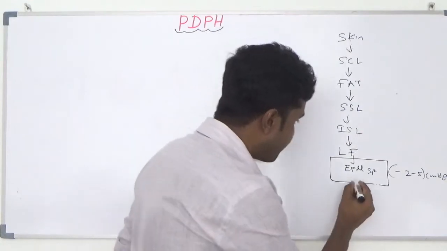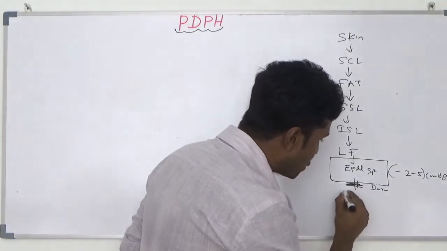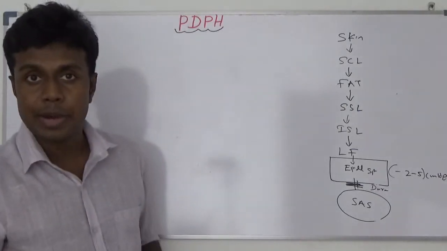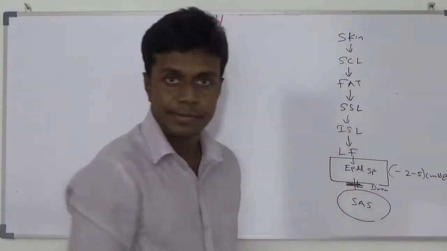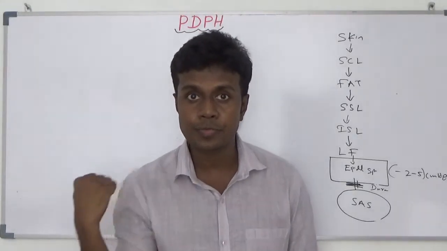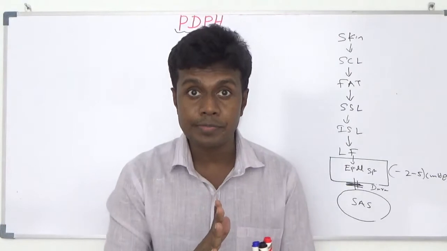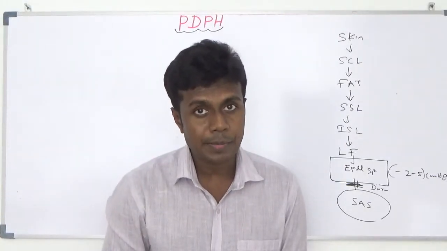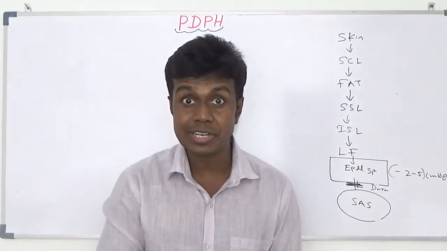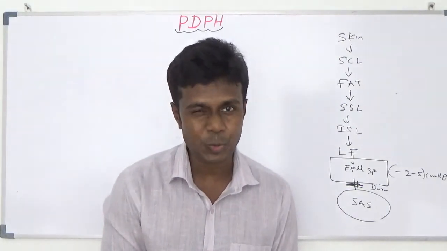If you go further, here is your dura mater. If you pierce the dura, you can enter the subarachnoid space. If you use a hollow needle, CSF starts to come out of the needle tip. Those are the layers when you are performing an epidural or subarachnoid block. You have to know the anatomy, otherwise you are going to damage several structures and create more complications for your patients. It is not good at all.